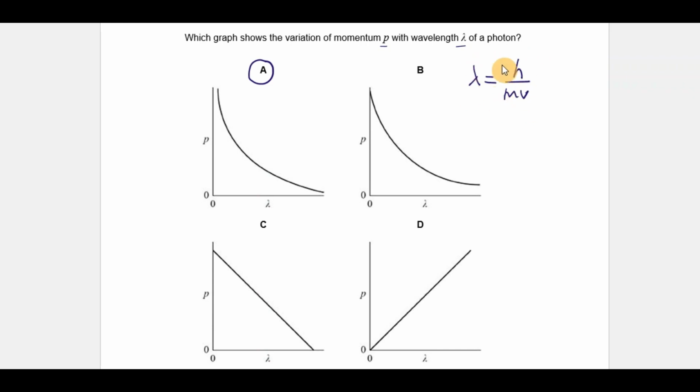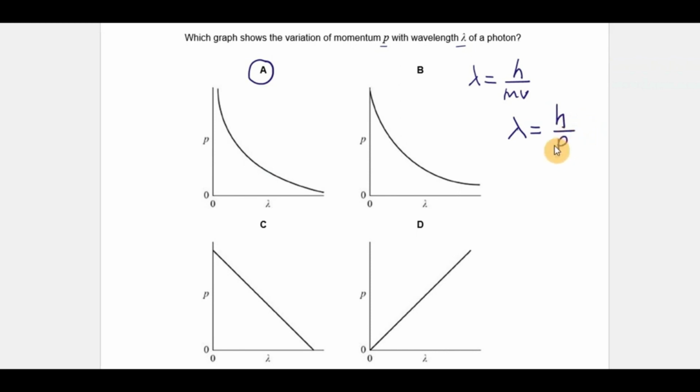Now, this equation is actually given for a particle with mass, such as an electron or a proton. But if you look at the mass times velocity, that is the equation for momentum. So I could rewrite this equation as the wavelength is equal to the Planck constant over momentum, given by the